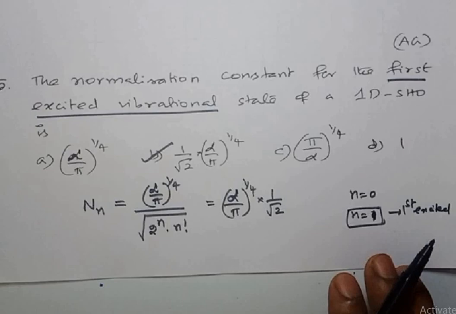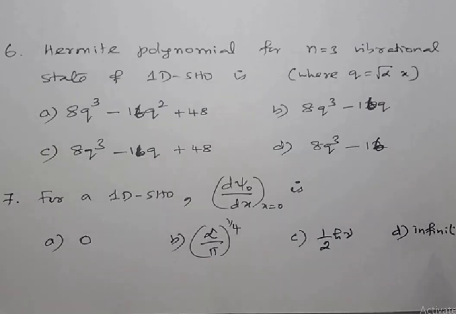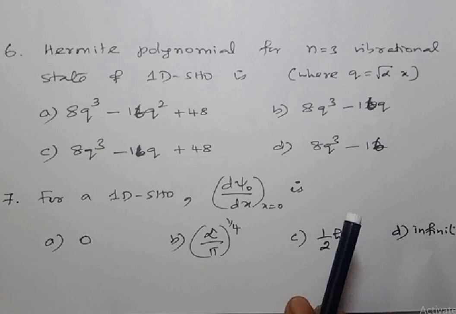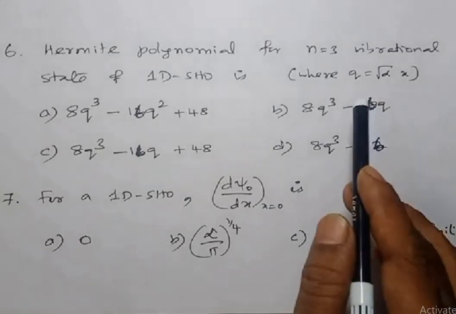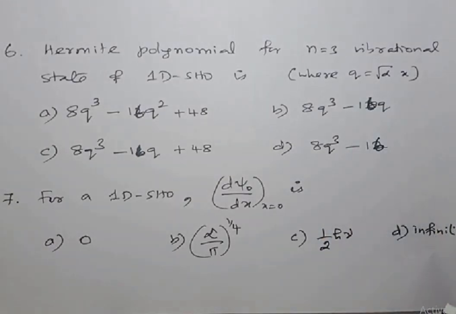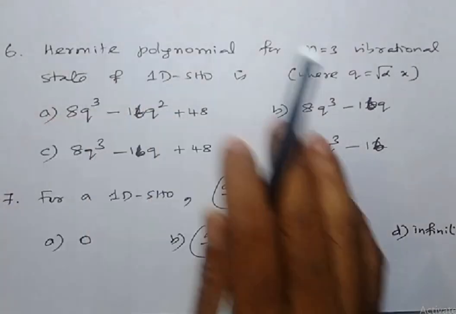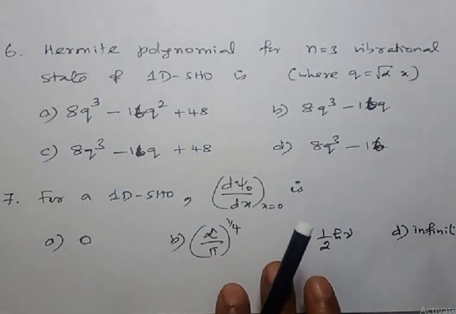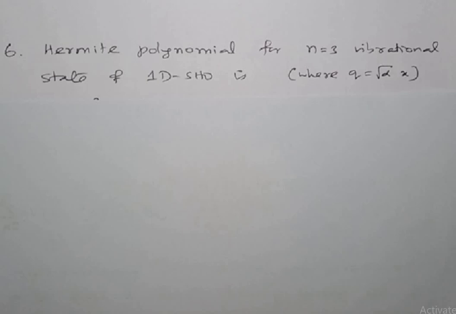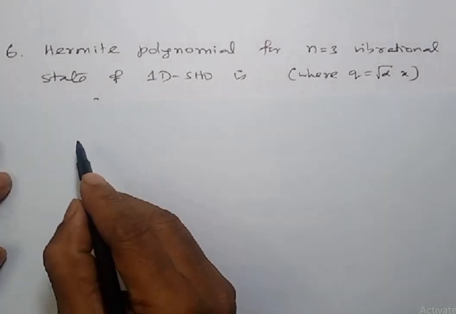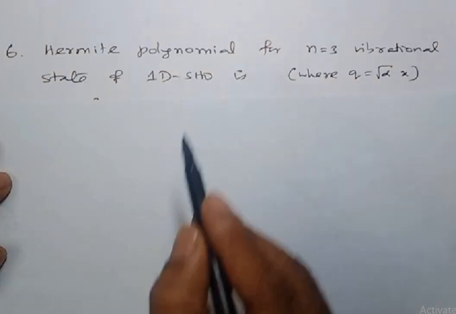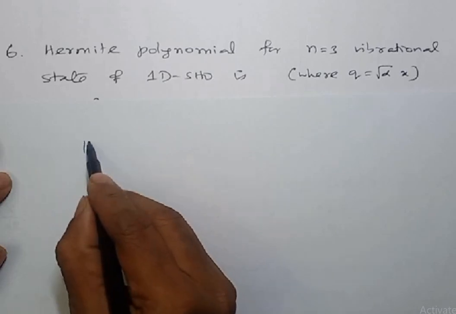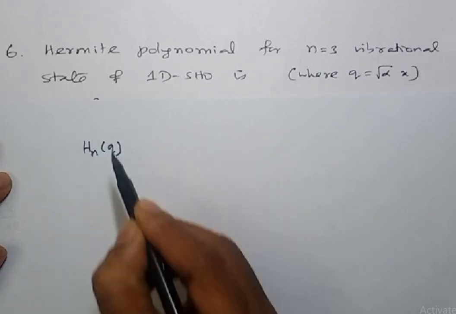Okay, take the next question, number 6. The Hermite polynomial for n equal to 3 vibrational state of a one-dimensional simple harmonic oscillator is, where q is equal to root alpha into x. Four options are given, try to answer it. I have told you, listen, for the Hermite polynomial Hn of q,